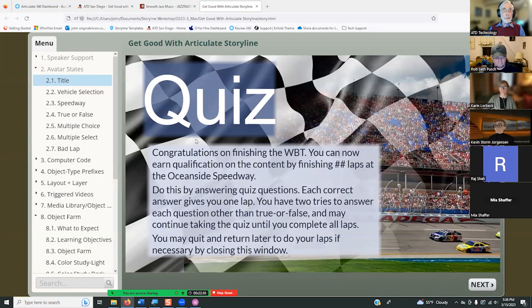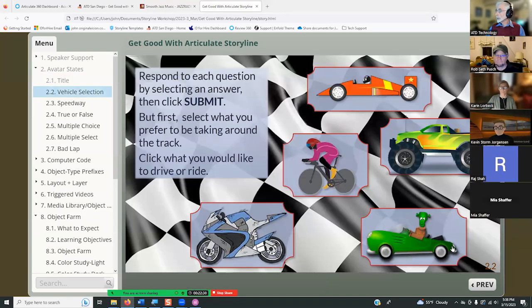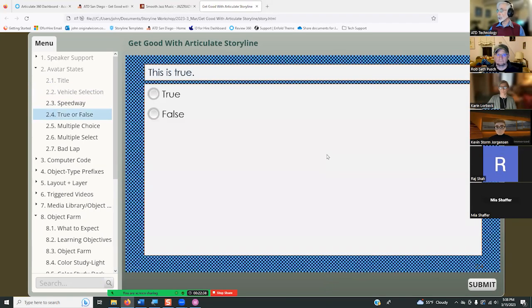States are not just for buttons. As the big word up in the upper left indicates, this is a front end for a quiz. And as the visual indicates, there is a speedway theme here. So this is how it works. First, the learner has to select an avatar. I'm fond of bicycles, so I will be a bicyclist, and that takes us to a question.